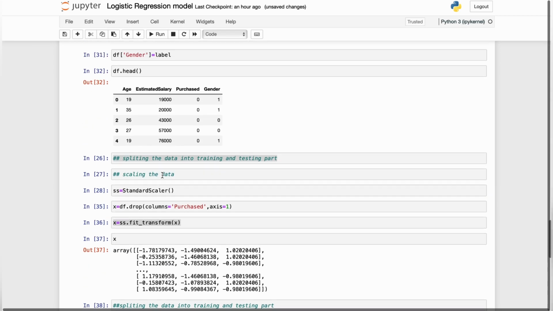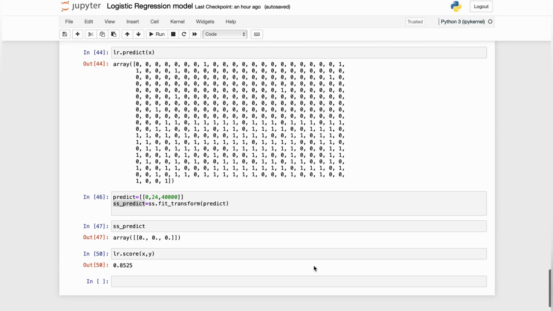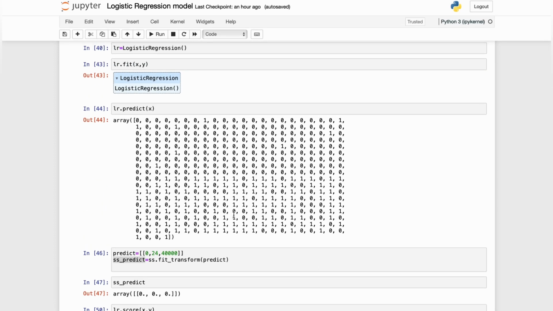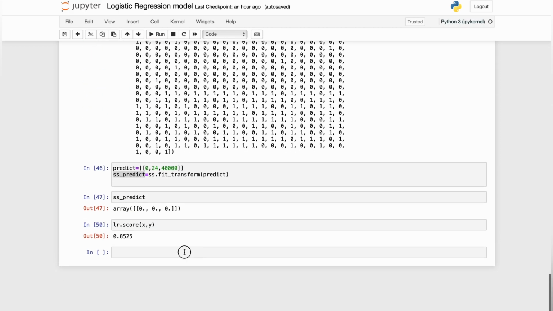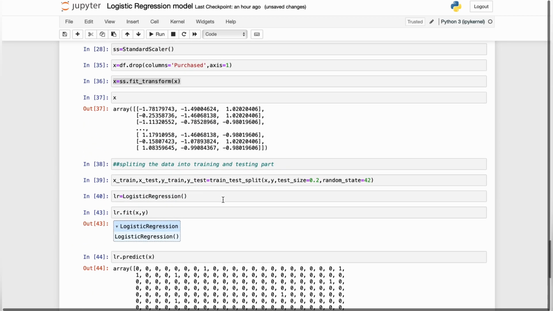Moving forward, for visualizing the relationship between the dependent and the independent variables, we will plot a pair plot here by passing the command sns.pairplot, with the data frame name, basically the variable in which we stored our data, and here